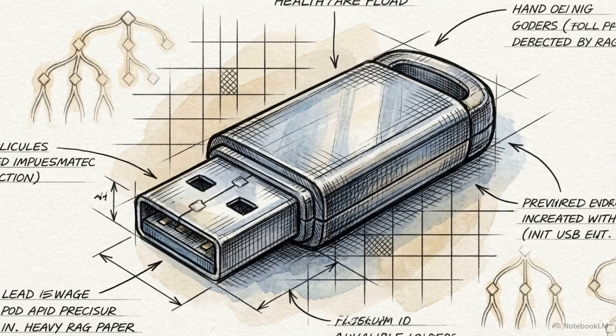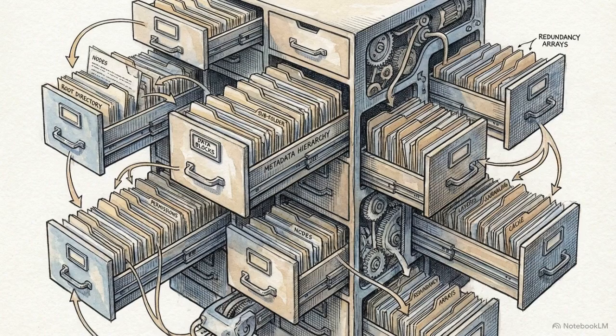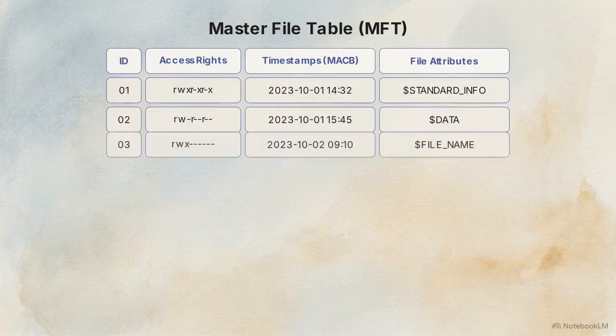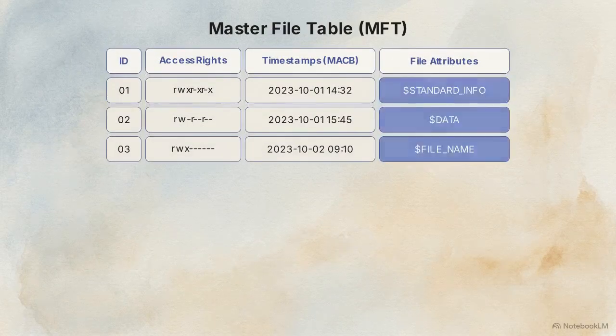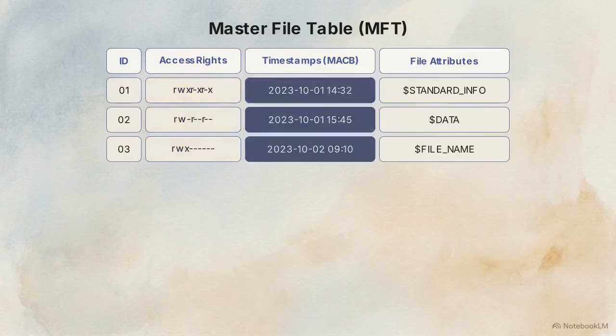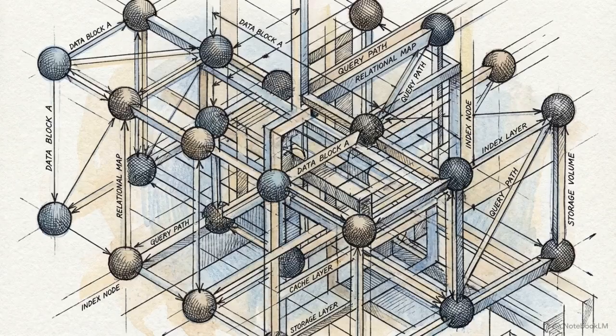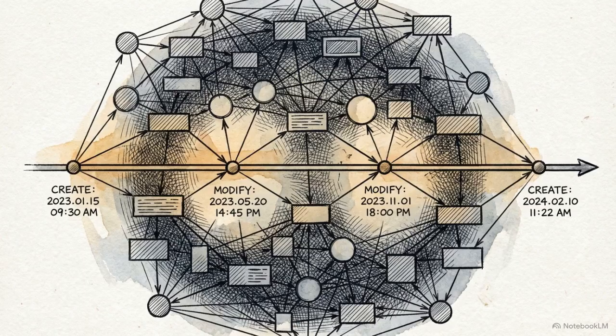While FAT variants are still common on external flash drives, modern Windows operating environments rely almost entirely on NTFS, or New Technology File System. The Master File Table, or MFT, functions as a central relational database, storing exact file metadata, access rights, and precise timestamps linking directly to the cluster grid. Because modern file systems like NTFS operate as relational databases, they permanently index the complete chronological history of a file's